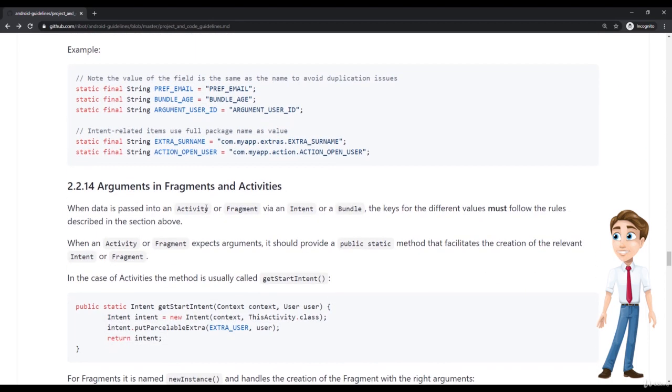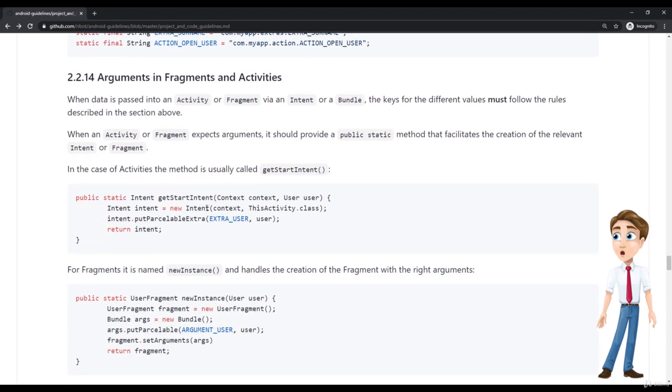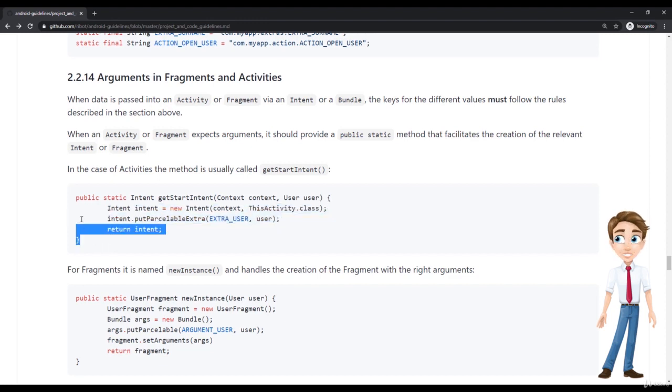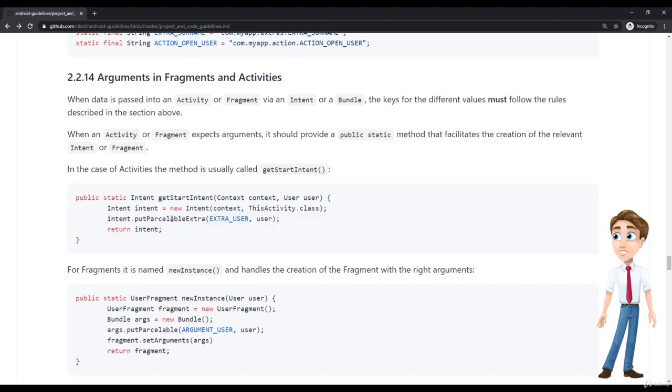Now, something that again is important is related to the arguments of fragments and activities. Of course, for an activity, you should pass the intent with which you can actually start the activity. You want to make sure that the intent is extracted to a separate method. So I would honestly go in the activity, create a static method like this one, have a getStartIntent here, and pass all the intent parameters that I want as parameters.